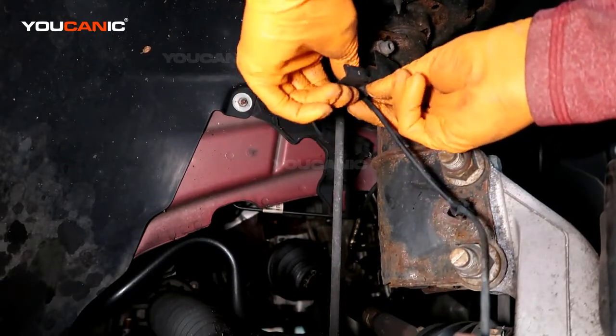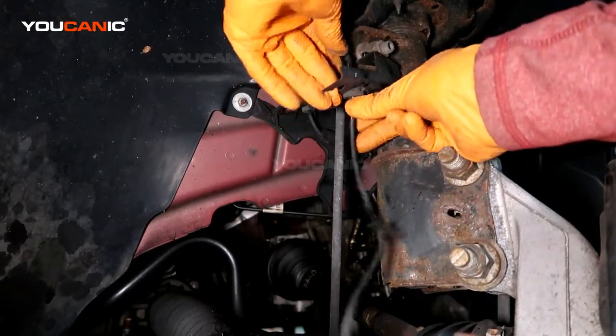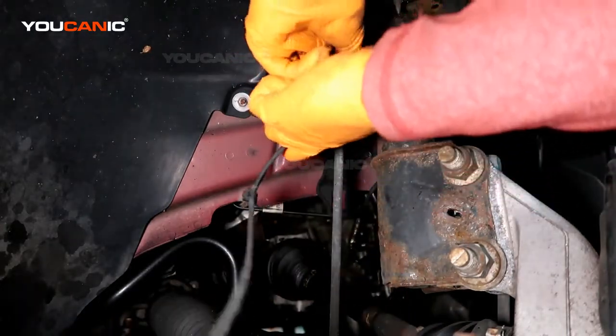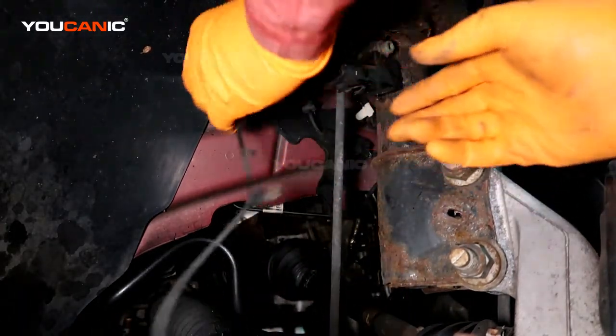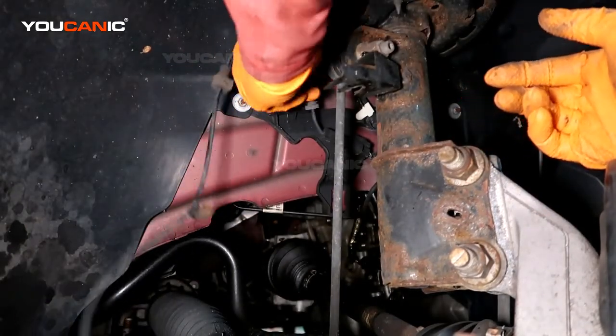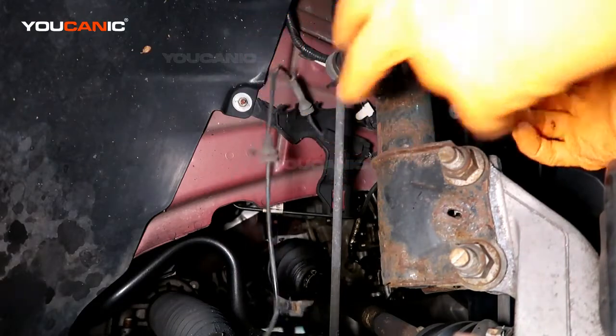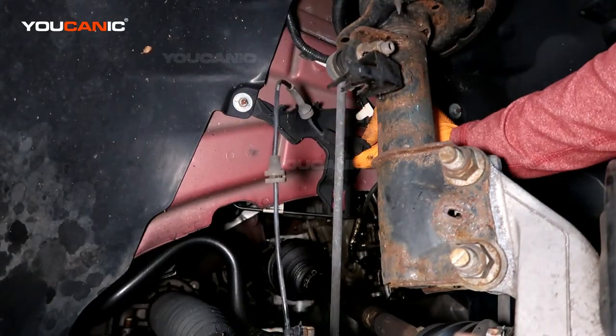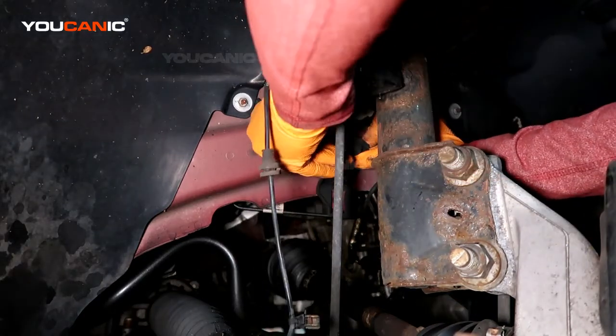Rubber grommet. There we go. Work it out. We got another one over here. Work that out. And then we've got the electrical connector right here where we just need to squeeze